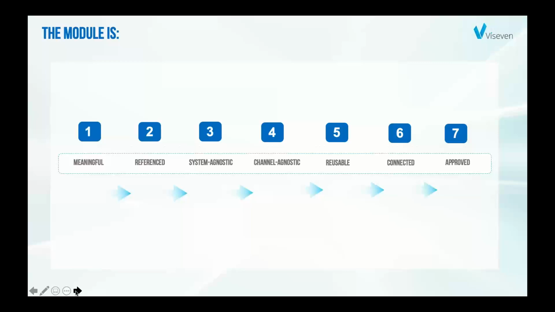That means it can be used as is in a channel and will still deliver the message. Of course, it should be referenced because you need to support that message with references. An important thing is that it is channel agnostic. What I mean is that it's not initially created to live in an email or on a website or in a messenger.